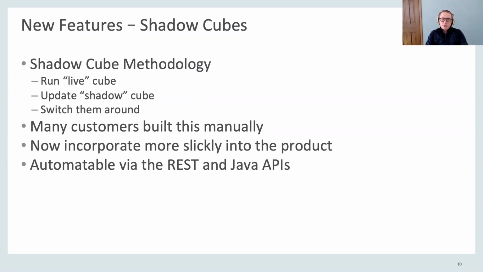And then in the background, because your updates take a little bit of time and you don't want to take your live cube offline, you're updating a second cube, and then you perform some kind of operation to switch them around. And I know on-prem, sometimes people have done things like shutting down the applications and then physically copying or renaming directories and tricks like that that are probably not technically supported, renaming folders within the Essbase application structure, for example. But this has now been built into the product, and you can automate it via the REST and Java